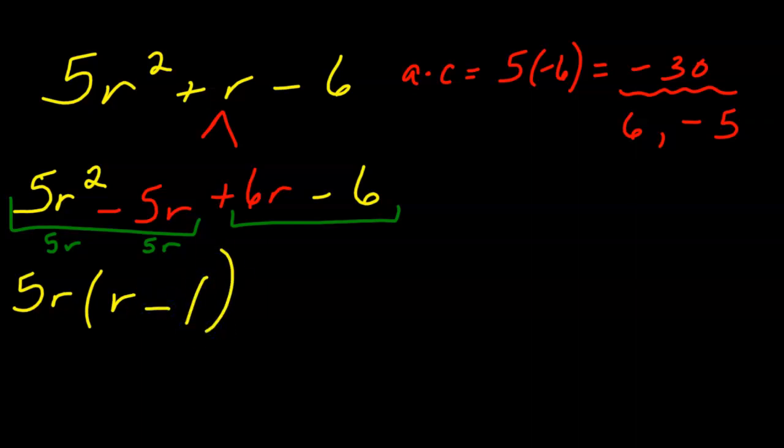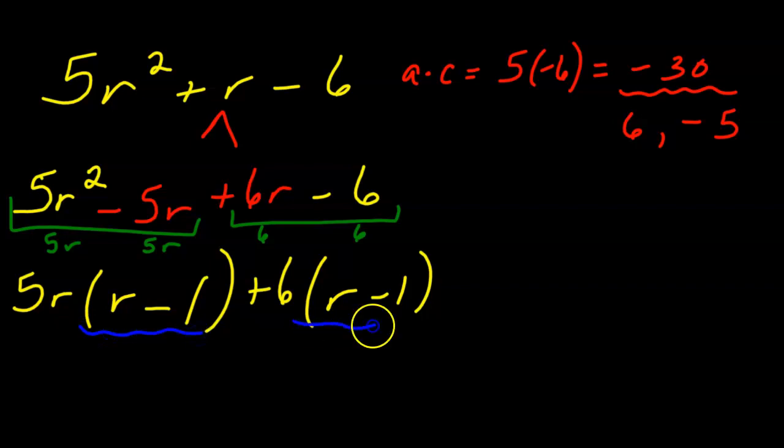And then when I look at my second pair, I see that this is a positive sign, so it's going to be plus. 6 is in common. And then I open my parentheses. So I'm dividing both of these by 6. 6r divided by 6 is just r. And negative 6 divided by 6 is negative 1. And good, it matches. So r minus 1, r minus 1